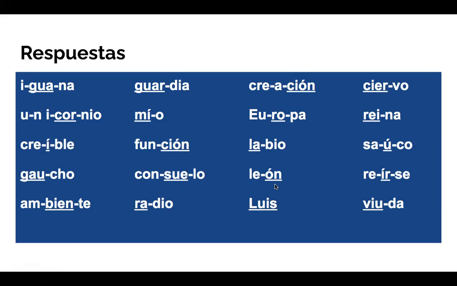León does have an accent. What's happening in this word? Well, the E and the O separated. Why? Because they're both strong vowels. Remember, whenever strong vowels are next to each other, they separate into different syllables. That's why this is a two-syllable word, león. However, the word is pronounced as an aguda word with the stress on the last syllable. And it ends in an N, so therefore you must put an accent on the O.